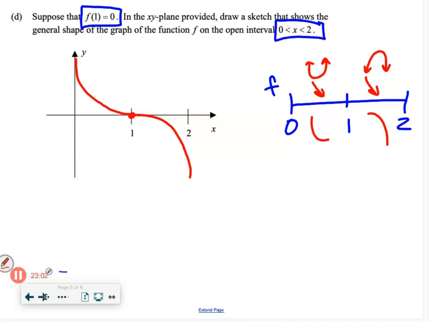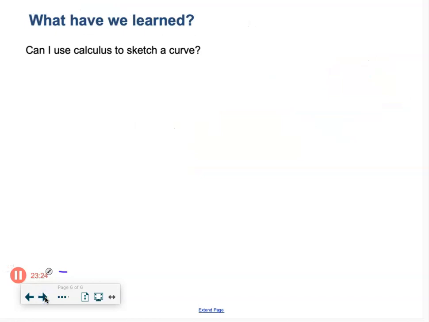At 1, kind of make sure that your slope goes horizontal because we want to emphasize, even though there's not a rel max or min, we do know that the slope is 0 there because the first derivative was 0, so your graph should have a horizontal tangent at 1. And that is it. So hopefully you've gotten enough out of this lesson to be able to sketch a curve